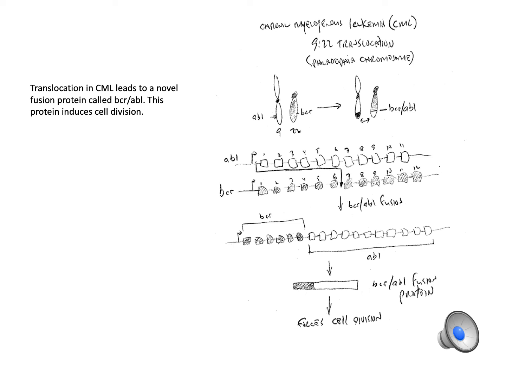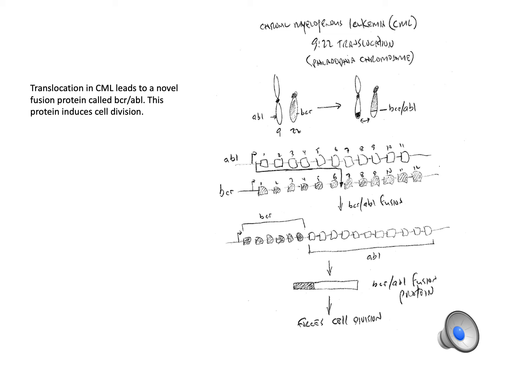So when you get the translocation, the movement of chromosome 9 fusing with chromosome 22, the break occurs upstream of exon 1 in ABL and brings it over just downstream of exon 6. So you end up getting this fusion gene, which is shown below, where you have the BCR gene. The exons are shown darkened. You have 1, 2, 3, 4, 5, 6, and then it continues on, starting with exon 1 of the ABL